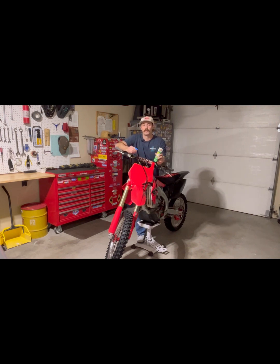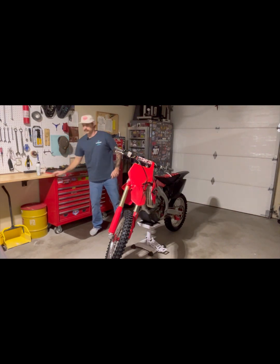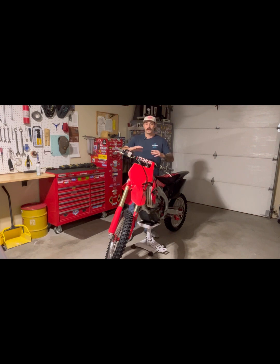If you ride a lot more frequently than that, you'll definitely want to use this a little bit more than 3 times a year. So go and pick yourselves up some. 1 can will last you a long time, but it's good stuff to have. Okay, all right. So now that we got the cables out of the way, last but not least, let's jump